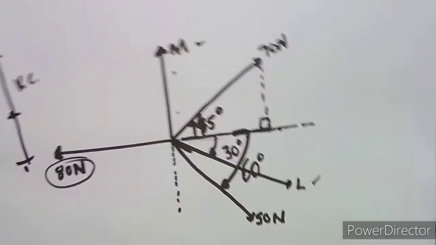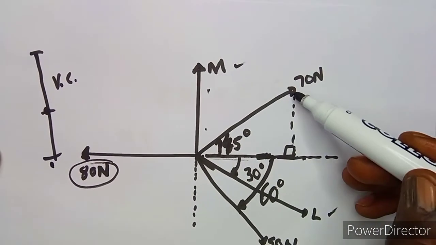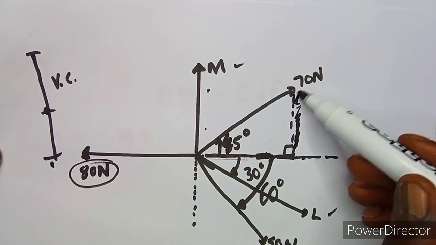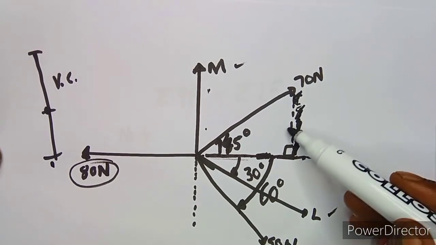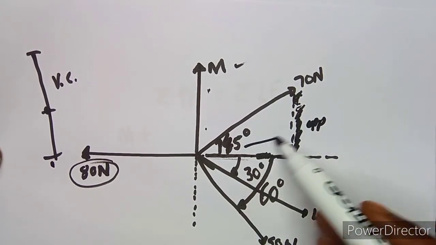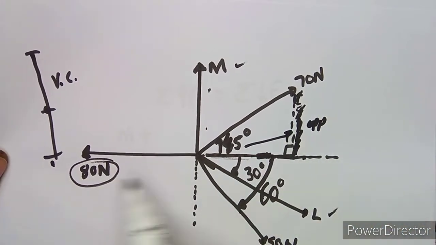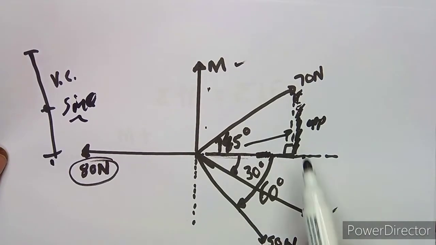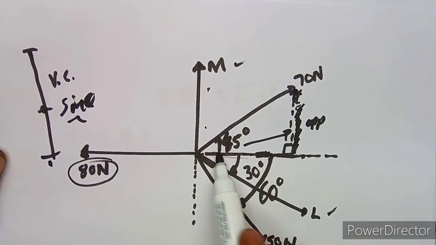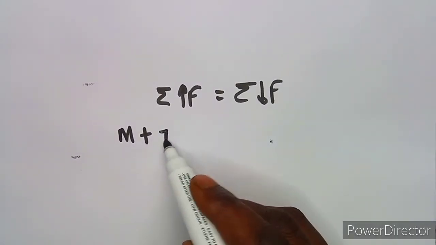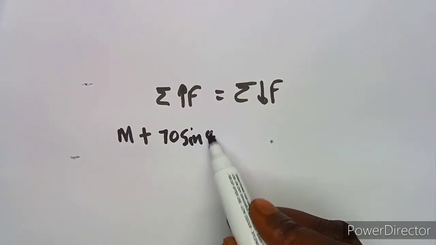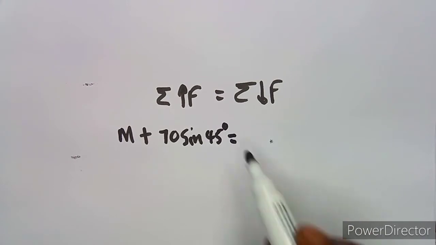plus we still have another one which is up here from 70. This is the one that we're talking about. This is a positive horizontal, as we can see, and it's an opposite. So if it is opposite, you're going to use sine. Anything that is on the vertical, you use sine theta. Okay, so this is going to be 70 sine. All right, so that's 70 sine theta, which is sine 45 degrees, which is equal to, do we still have